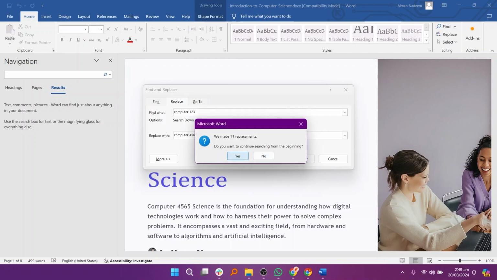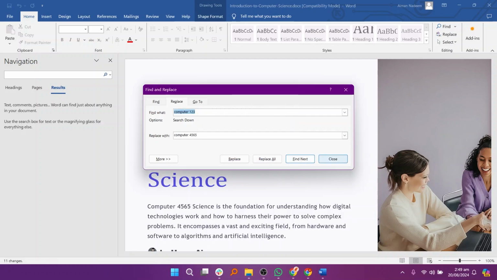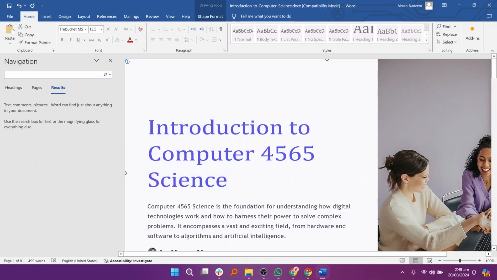Once you're done, you can use the navigation feature to search for the text and verify that all replacements were